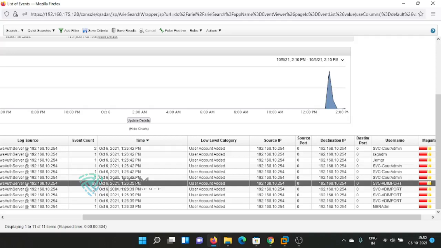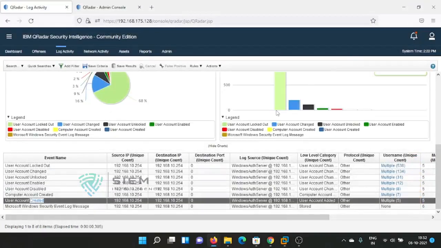Got it? So this is how your analysis starts from the basics. This is how you take it from broad to narrowing down your events. At the same point of time, some users were created and again deleted. See, there is no deletion that happened. So users are created, password changed, logged out and deleted. If this happens multiple times in a span of 5 minutes or 10 minutes, you can raise an offense. You can create such a rule.